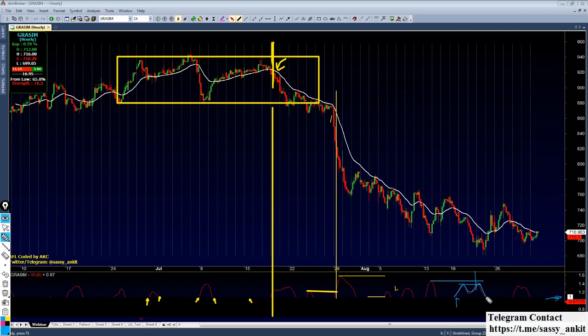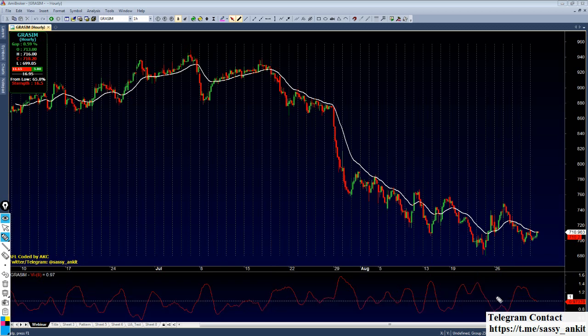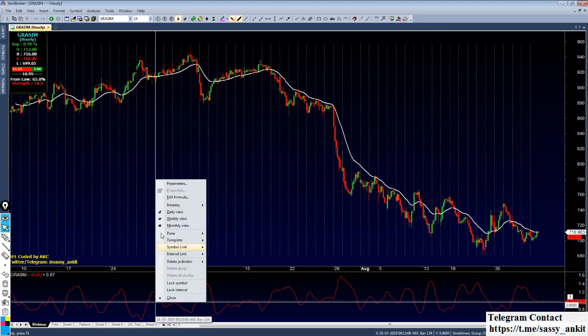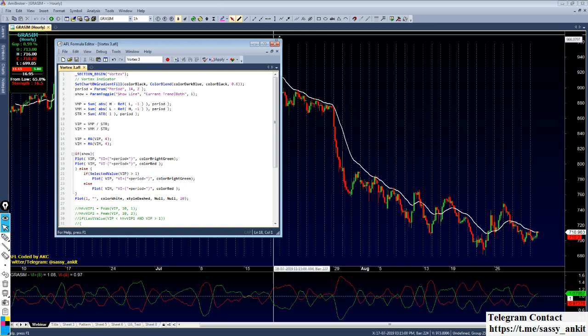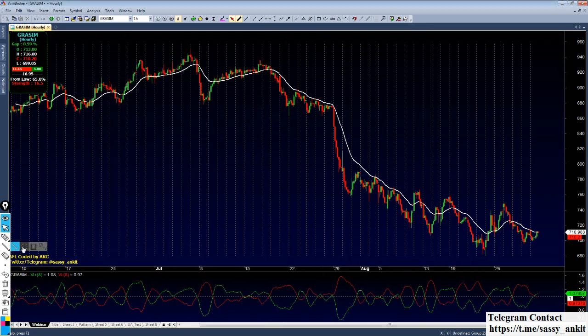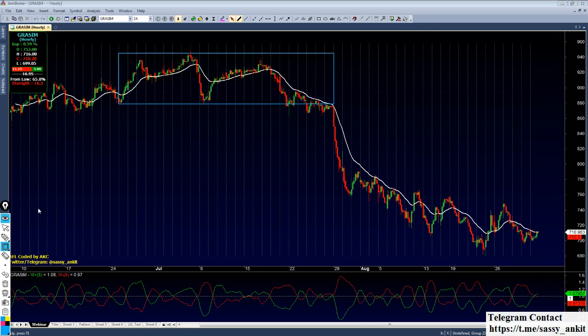Okay, now let me get everything back as it was, and we'll see when to enter trades and when not to enter trades. Okay, the early signs. So let me draw that range again. Here was my range. Here my price started moving down and I got this huge supply.